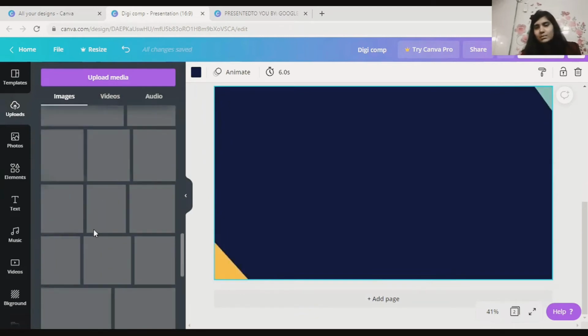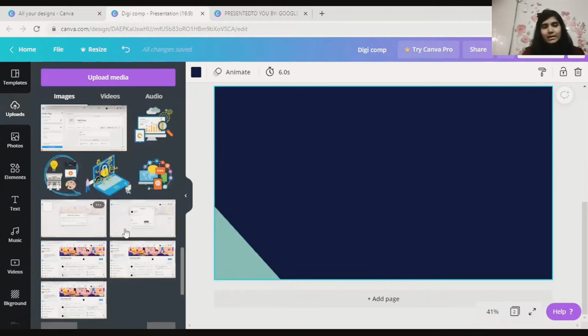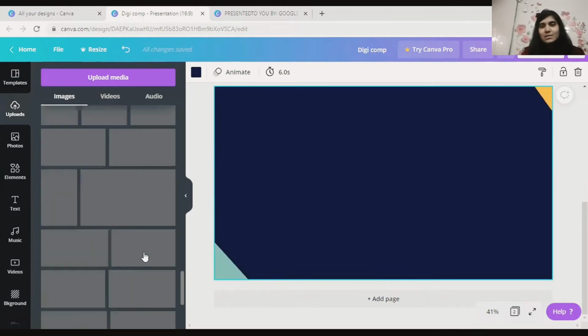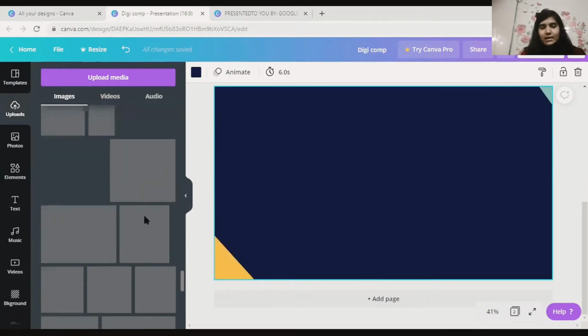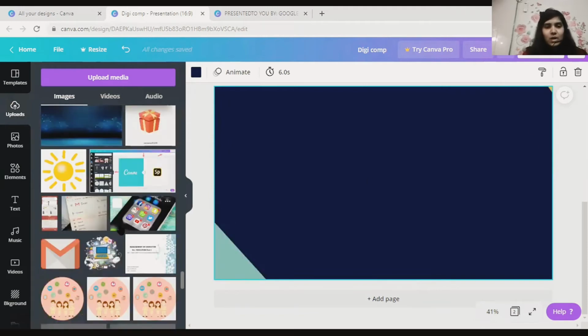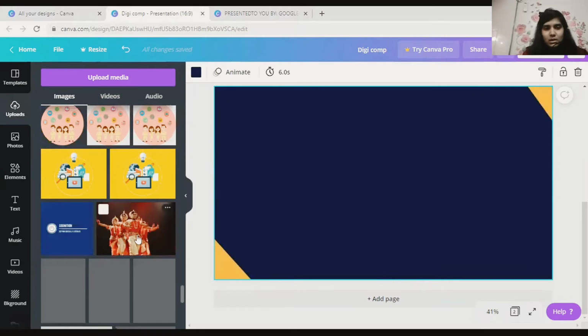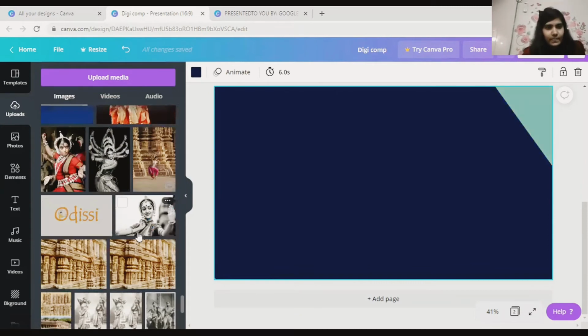These are all the images that I have added while creating my design, all the images that I had to upload. So I'll just scroll down to find the right image that I'm looking for, and I will add it here, and I'll show you how you can make your PPTs or videos look good, right?